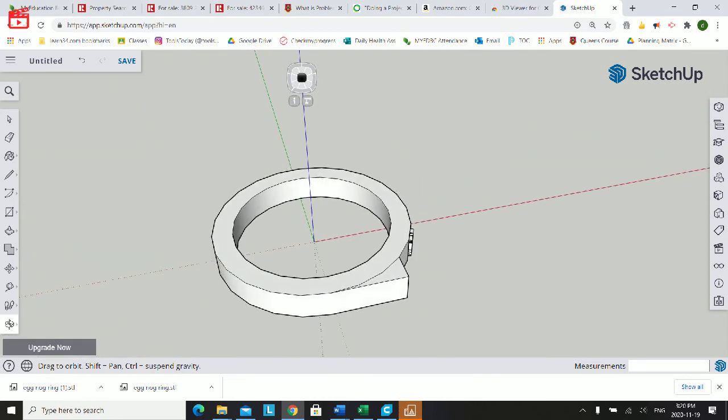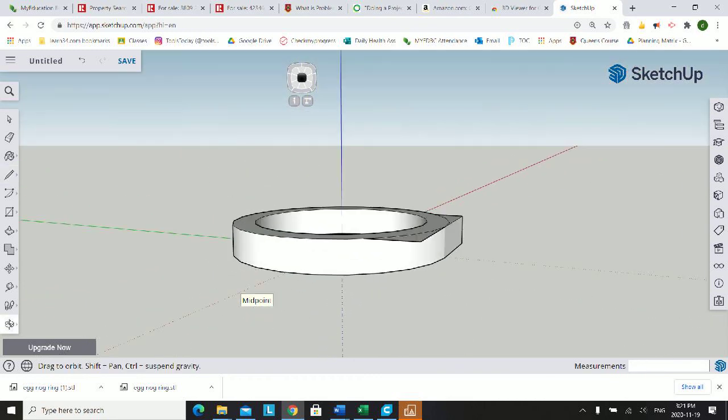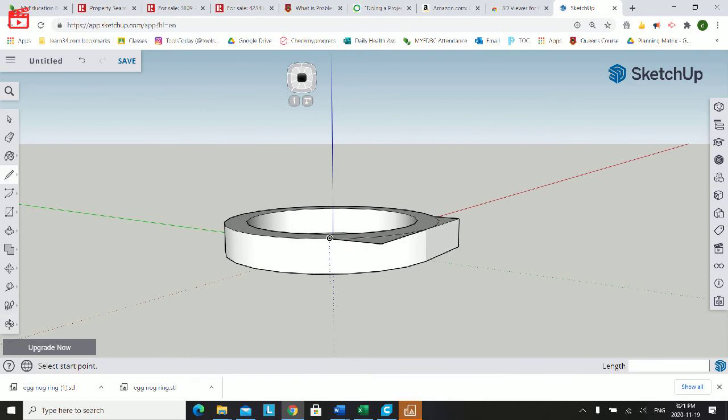So I'm going to take my measurement tool, and I'm going to measure from here to there, and it's 11 millimeters. So that means I should take my line tool, and I should go from here and go parallel on the red axis, and I'll go 11, 11, enter. There we go. And then I'm going to go back to here on the edge, orbit, line tool,